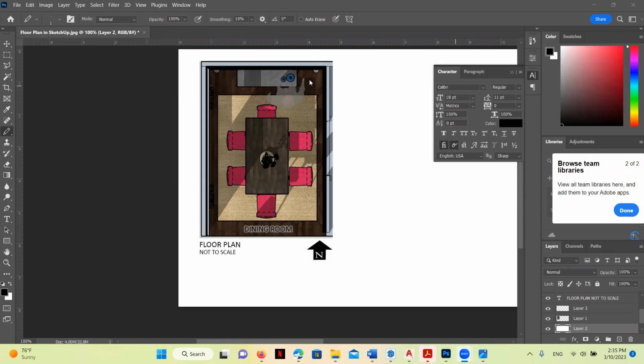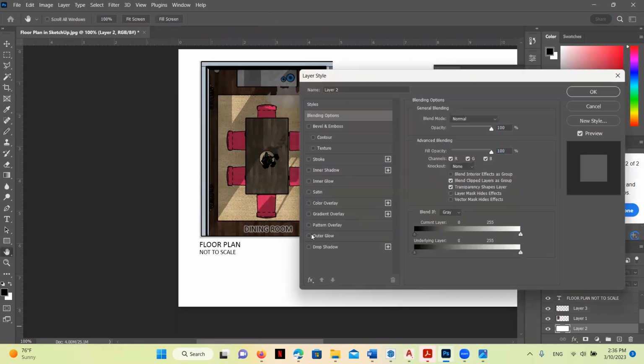Okay, now I'm going to teach you how to create some annotation lines similar to a leader line here. I've got my pen tool selected and I'm holding down the shift button and I'm going to click and drag. And that's how you make the line straight. Once again here, you'd want to label it, change the name of it, and then you double click and we'd want an outer glow here as well so that it's visible over the dark floor over there.